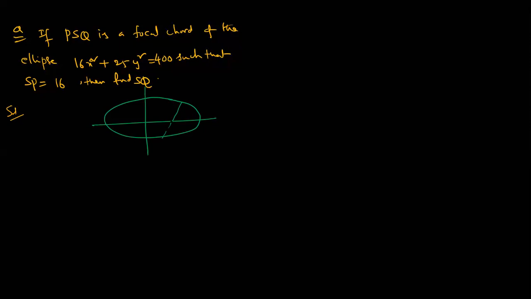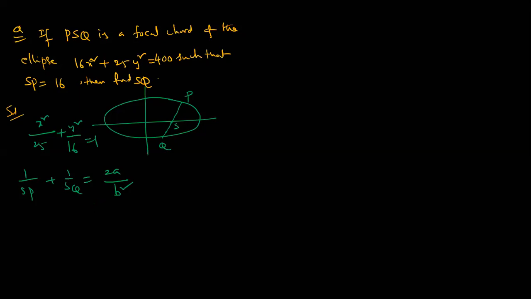Now see, dear students, what is the equation of the ellipse that is given? This is the focal chord that is given, S, Q, P. So x square by 25 plus y square by 16 is equal to 1. Now, we know one formula. What is that? 1 by SP plus 1 by SQ is equal to how much? 2a by b square. Sadhguru Charan, see.